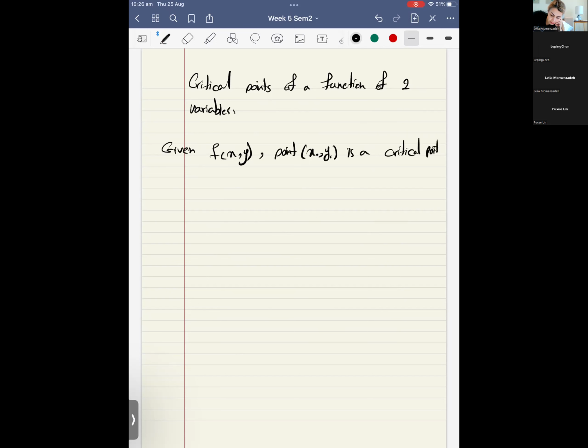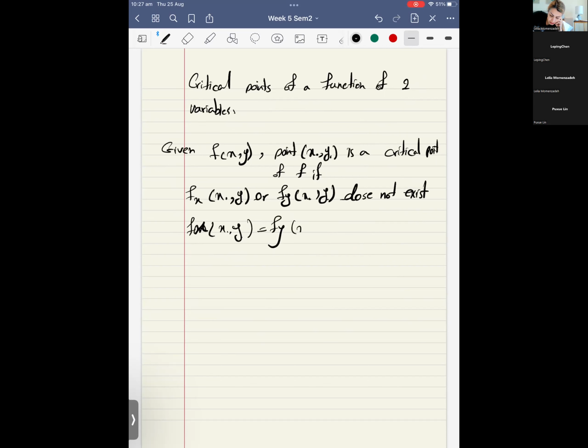you remember what happened with f. If fx(x0, y0) or fy(x0, y0) does not exist, and also fx(x0, y0) equals fy(x0, y0) equals 0. For example,